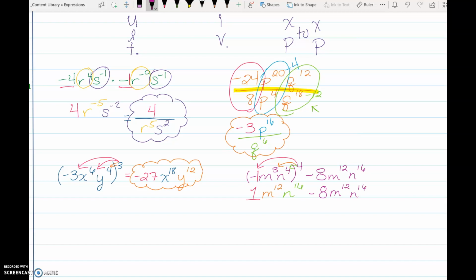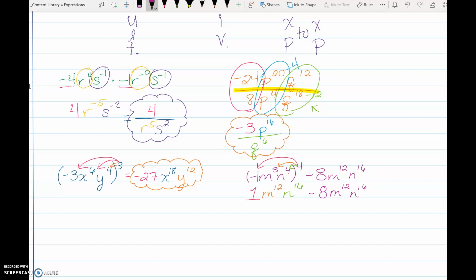First thing I'm going to ask you, can I combine these terms? Are they like terms? That's what you need to be thinking about right now. So, like terms, same variable, m n, m n. All right, halfway there, but that doesn't mean they're like terms. Like terms have to have the same base and the same exponent. So, since these are both m to the 12th, n to the 16th, they are like terms, so we can